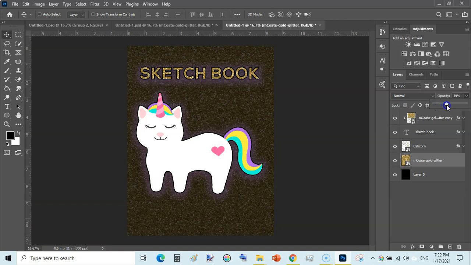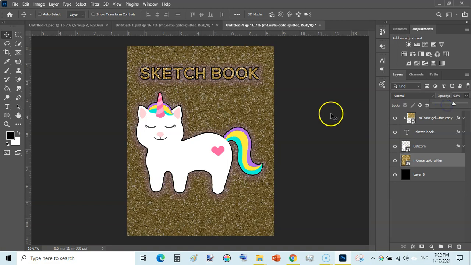It is lagging. So in this way you can create very beautiful sketchbook covers using the glitter text effect and using different stroke and drop shadow effects in Adobe Photoshop. Adobe Photoshop is very wonderful. You need to learn this if you are serious about your KDP low and no content books.